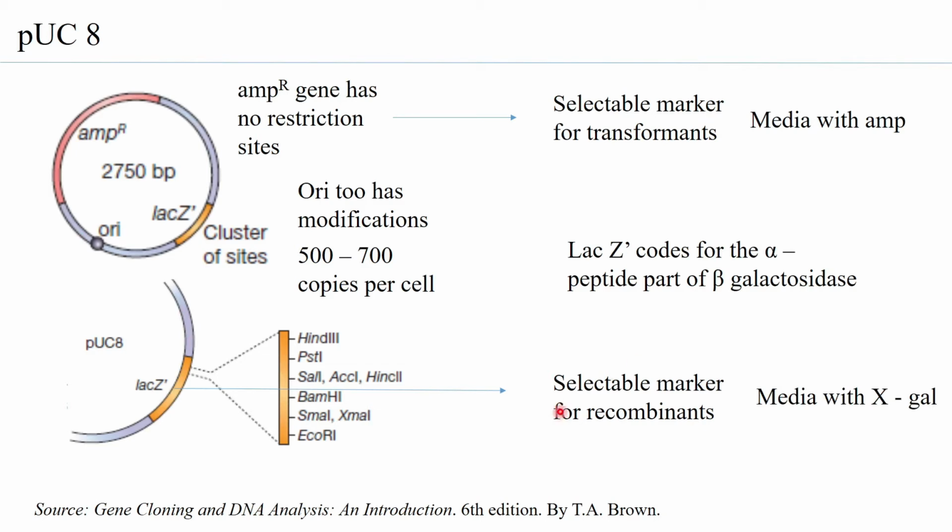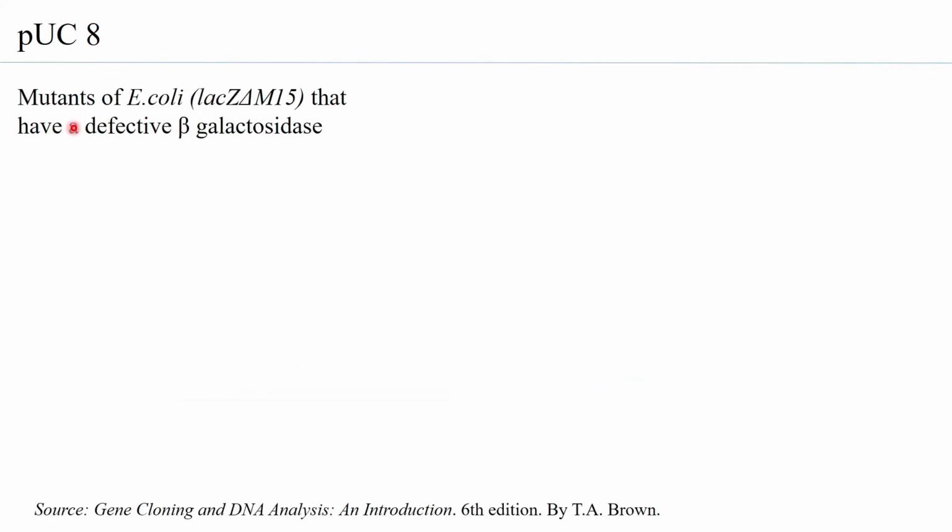And the selectable marker for recombinants is observed in a media that contains X-gal. X-gal is a substrate for the lacZ prime per se. Now let us look at more about the lacZ prime. So, what has been observed is that there are certain mutants of E. coli, lacZ delta M15, that have a defective beta galactosidase. Now, because this mutant has a defective beta galactosidase, it will not be able to utilize lactose and convert it